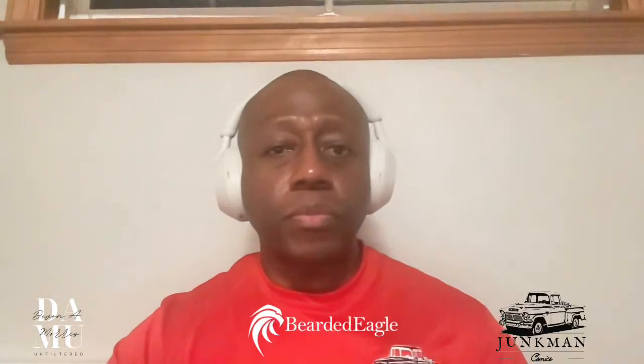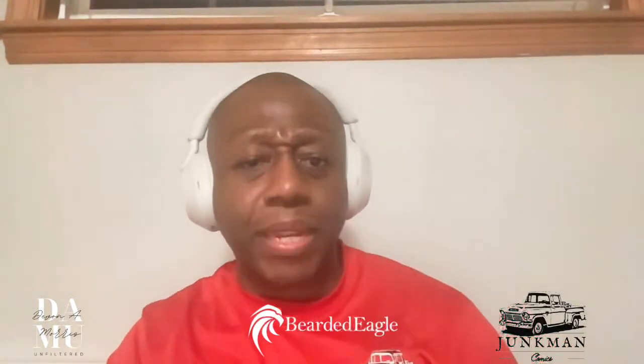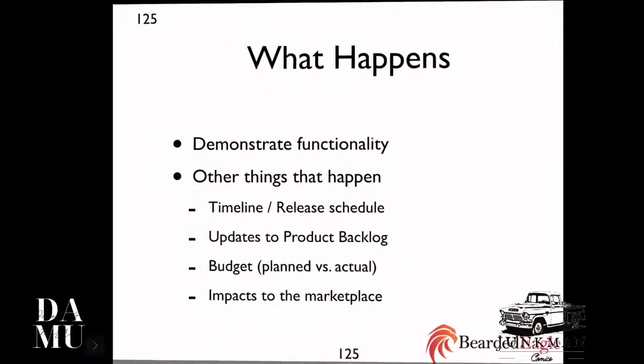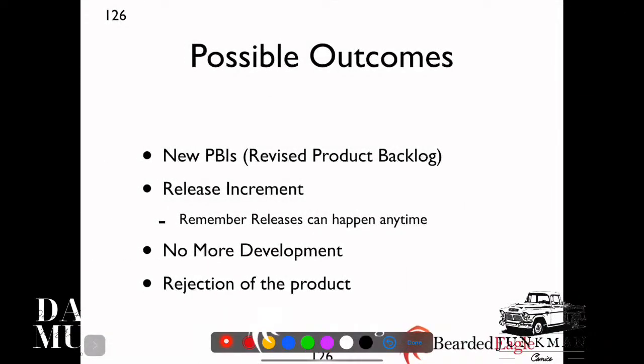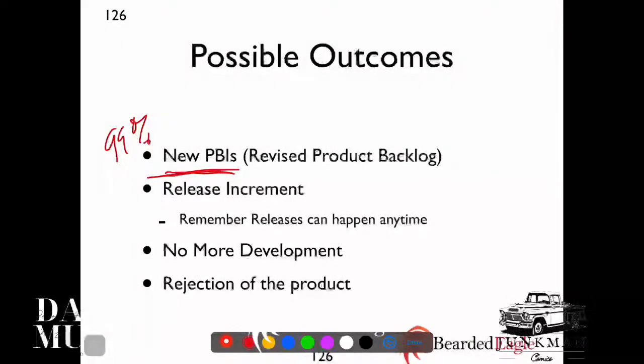Now, here's the deal. When you think about what's happening here, what could possibly happen? What could be some of the possible outcomes? You can end up with new product backlog items, which is likely what's going to happen 99% of the time, right? 99% of the time, you're going to have new product backlog items that come out of nowhere. But we can start making decisions like, this thing is ready for us to release, right? Or we're not going to do any further development on this. Or even the product could end up being rejected because we look at it and realize it's really not going in the direction that we wanted to go in, or the market has beaten us someplace, and we might want to take care of that way.